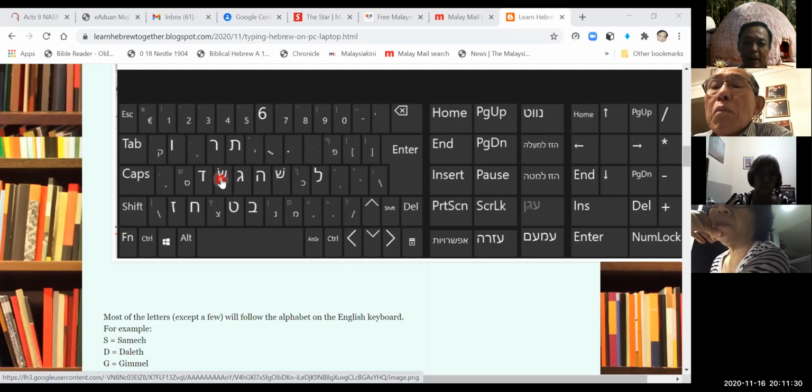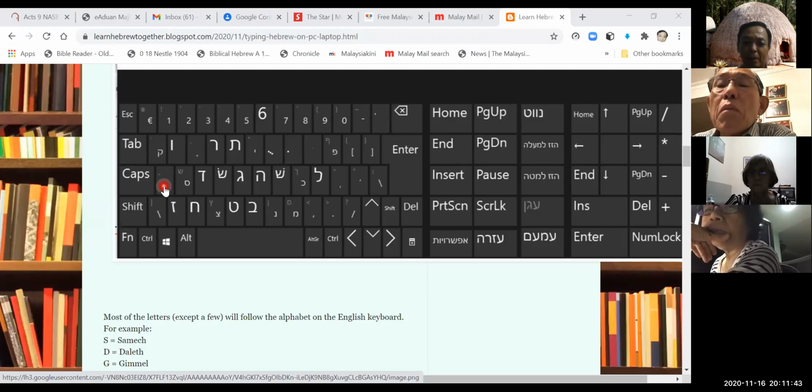F is for sin, and this is D for Dalet, and Samek is an S. Now this one is Patah or a Qamats. Don't worry about that one first, but you will probably recognize this one. M is for mem, N is for nun. B is for Bet, and T is for